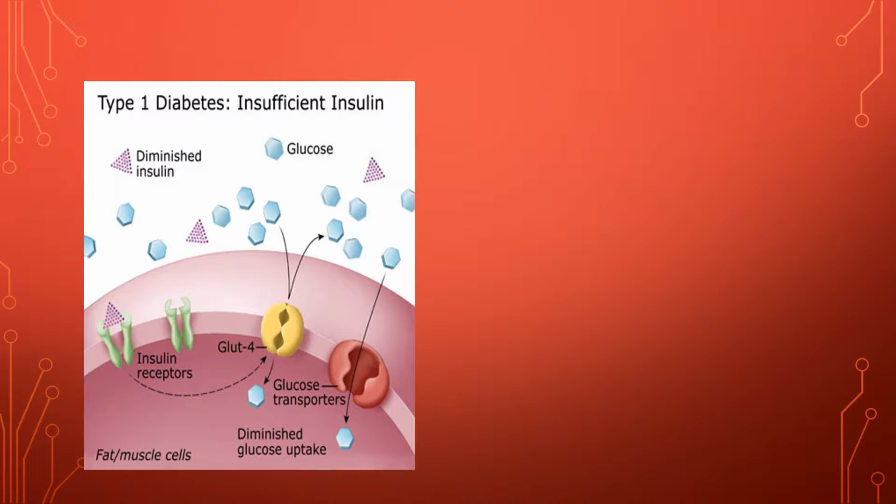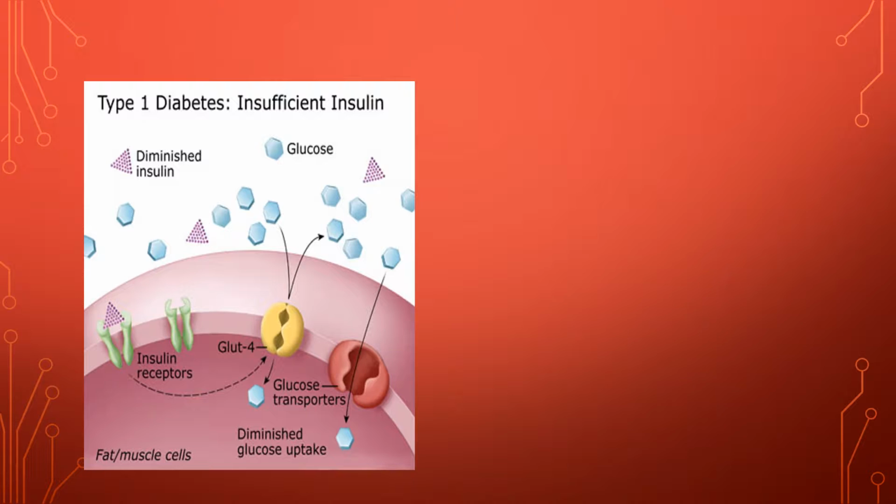So you have these GLUT4 transporters that sit on the surface of the muscle cell, and their job is to transport glucose into the cell. They can't do that, though, without getting a signal from insulin. And these green receptors here are insulin receptors. So what happens is that insulin